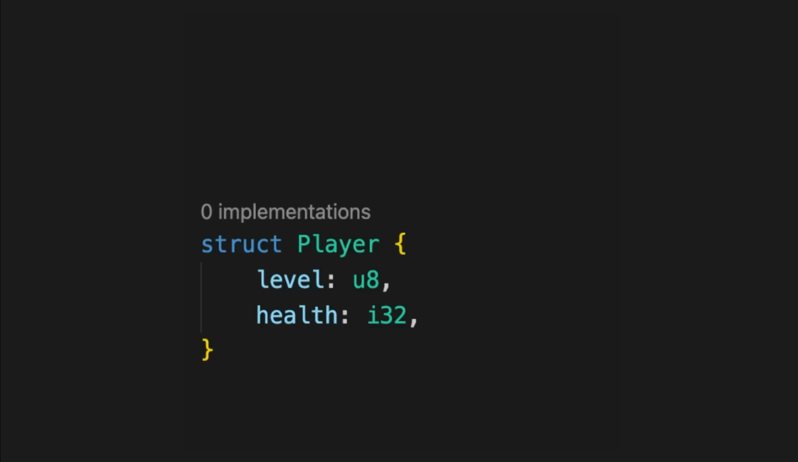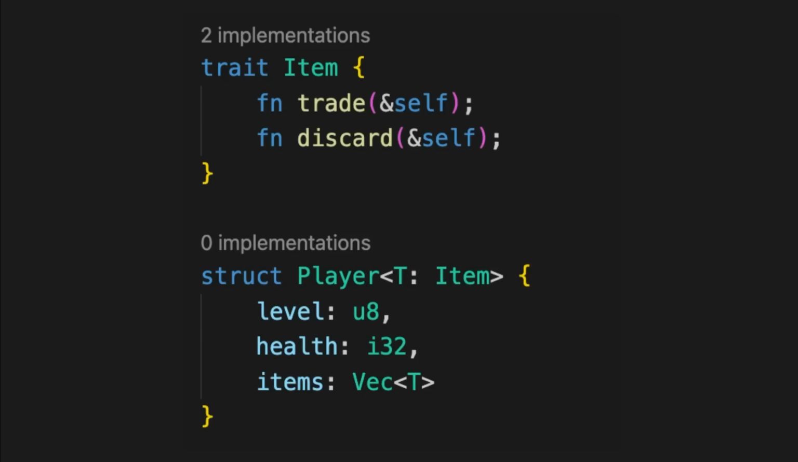Let's look at another way Rust achieves polymorphism. Here we see the player struct again. This time we want to add a new field to player representing the items a player is carrying. We can use a vector, but what type should the vector store? Because items could be different types, we might consider using a generic, creating an item trait, and adding a trait